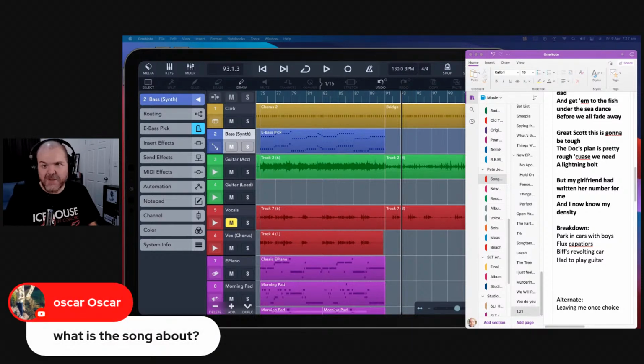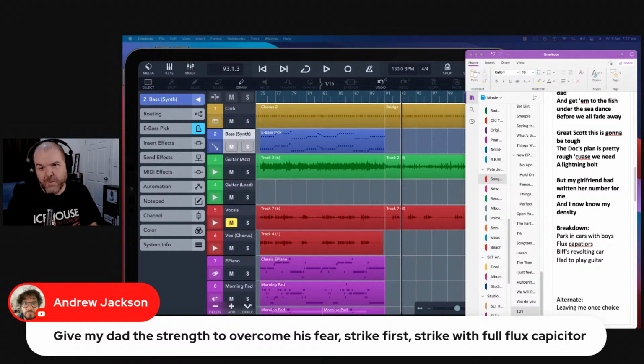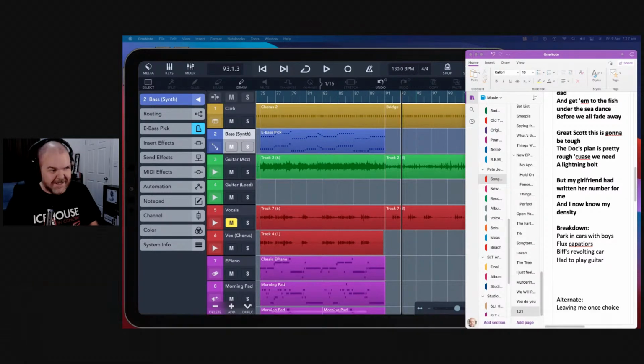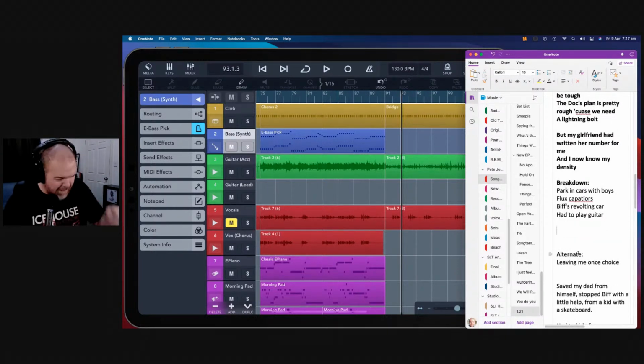All right. Yeah. What's the song about? It's about Back to the Future. There you go. Strike with full flux capacitor. All right. Parking cars with boys, flux capacitors. Biff's revolting car had to play guitar. We'll leave it for that for now. And then we need another one. This is kind of like the